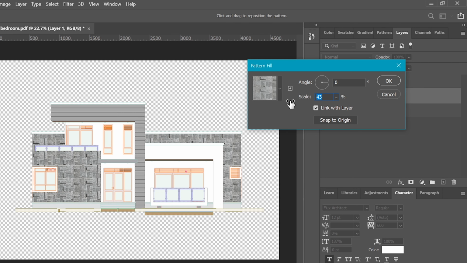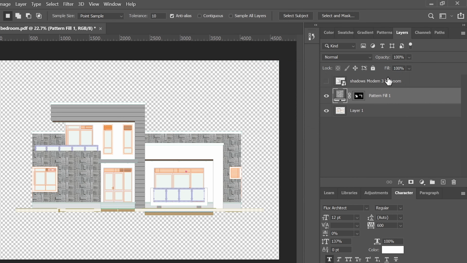I think somewhere around 30 to 40. I think I'll go with 40 as the scale, and I say OK. So that has been applied. So the next texture that we would like to place in,